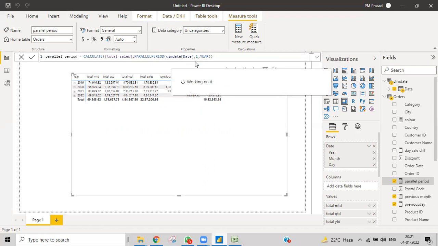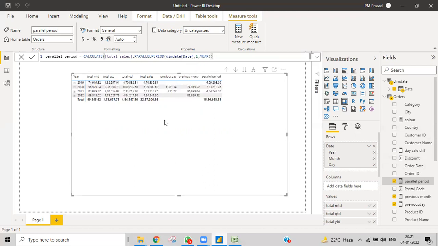You need to practice this a lot. Like Sharat, you need to practice this on the same data. You need to practice a lot of times, maybe 2 to 3 times, so that you can remember this particular syntax. If you remember the syntax, then only you can understand what we can do. If you don't understand what parallel period is, you can't do that. When you remember PARALLELPERIOD, 1, and year, then obviously you can understand. Minus 1 means we can take it to the past year, and plus 1 the next year sales. So obviously you can implement that logic.